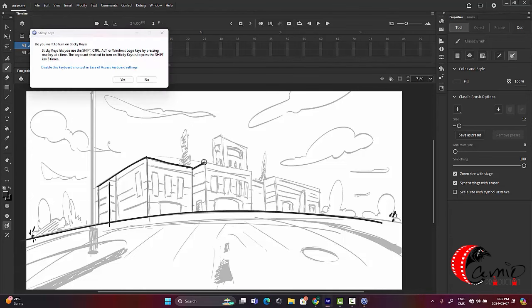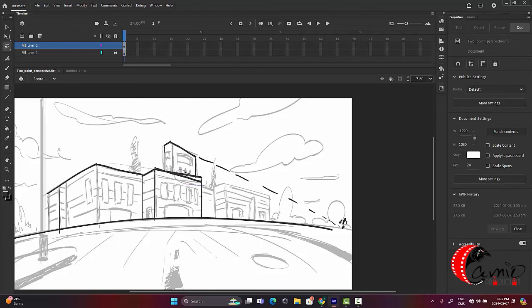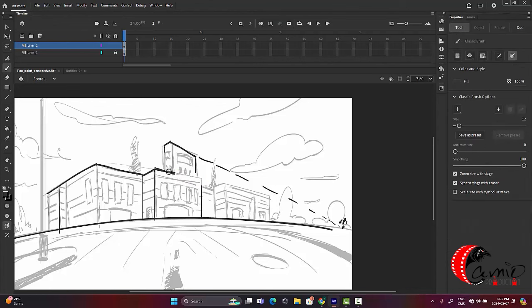You just need to follow the vanishing point. If you match all these lines with the help of your vanishing point, then it's going to match with your vanishing point. Yeah, as you can see here,